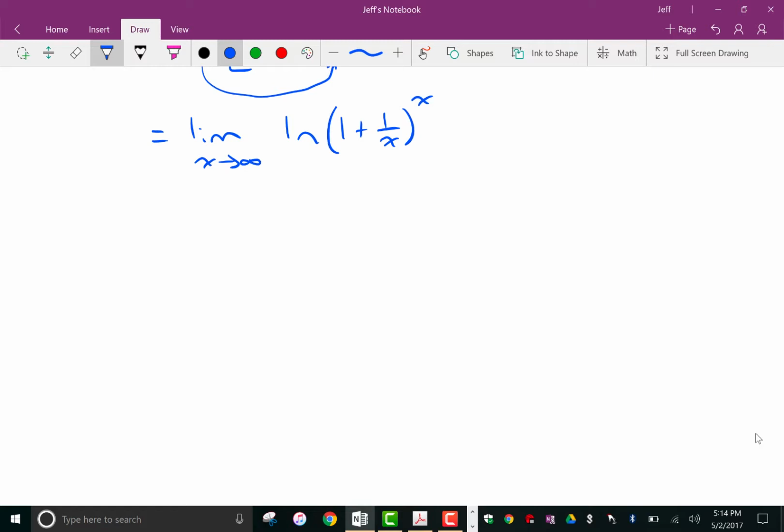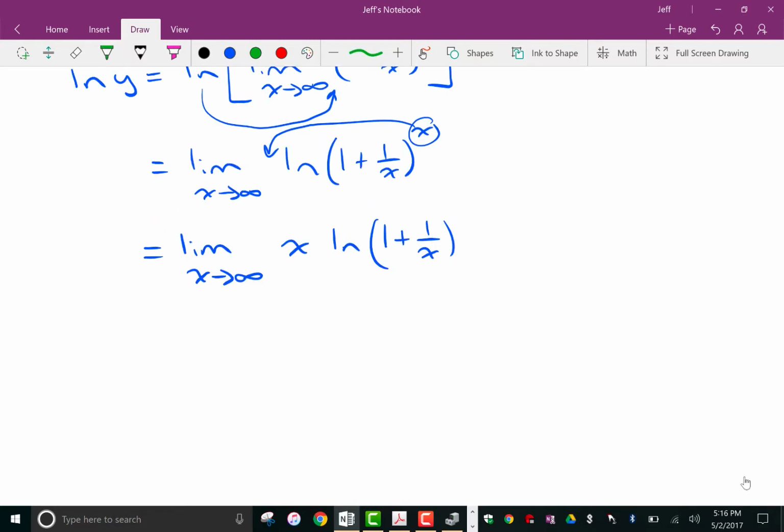And what this does for me is that I've got a log of something raised to a power, and the properties of logarithms say that the power can be moved out in front. So this is now the limit as x approaches infinity of x times the natural log of 1 plus 1